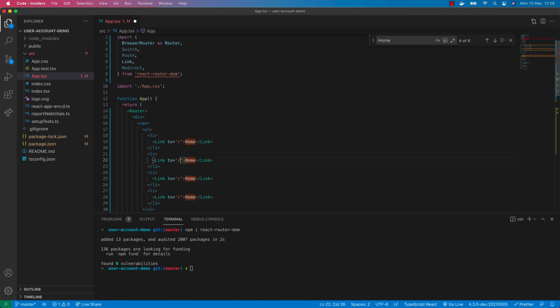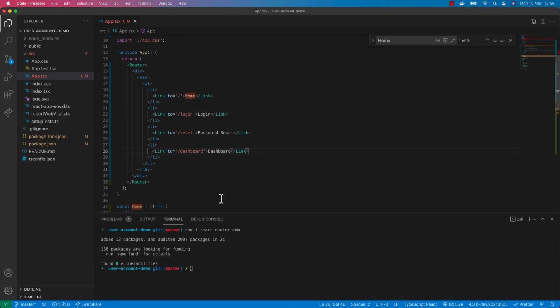So then we'll have a login page, a link to the password reset, and finally the main one for accessing data will be the dashboard. Okay, and then we just actually need to display the pages as well there. So once we've finished our navigation, we use the switch component,